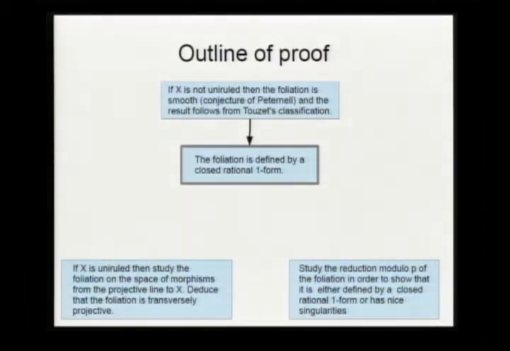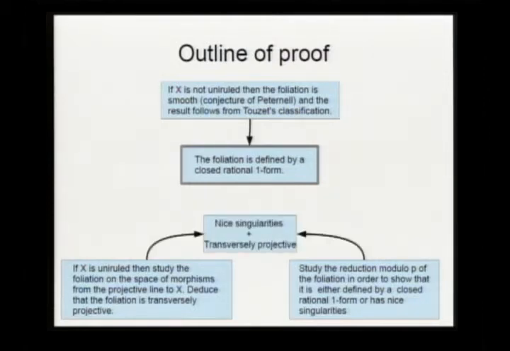So in this case, we can lift back to characteristic 0 this closed rational 1-form that we produced in characteristic p. Of course, to make this argument work, you have to do it for a lot of different p's and so on. So we put these two things together, coming from the two sides. The two arguments almost prove the theorem in full generality, but they do not arrive. But you put these two things together, and you can manage to arrive there. So essentially, that's how the proof goes.